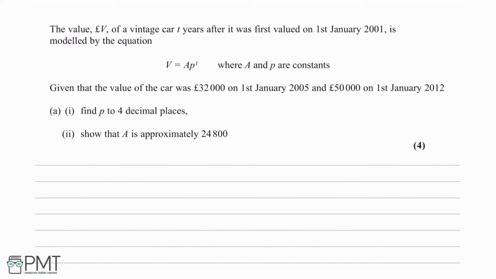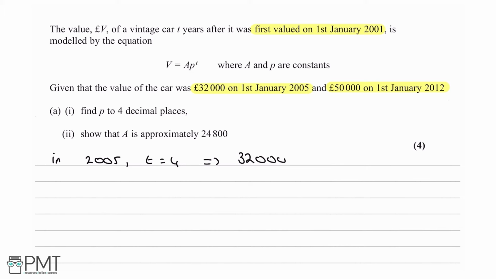So the first thing I'm going to do is pick out some key information. The car was first valued on 1st of January 2001. It was 32,000 on the 1st of January 2005 and 50,000 in 2012. So to find P, we need to solve the equation using the information we have to begin with. We know that in 2005, the number of years after 2001, which is t, is 4, so t equals 4, and therefore we have